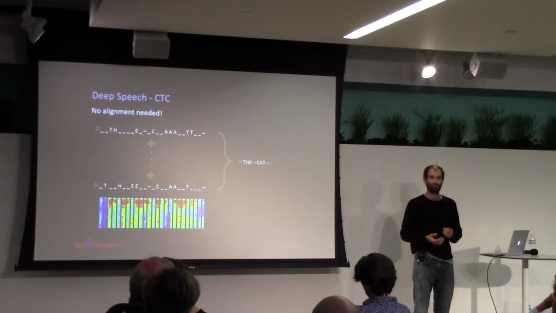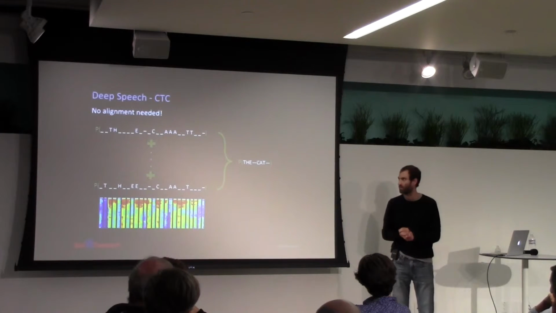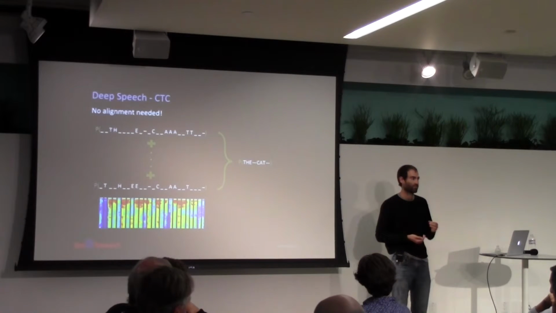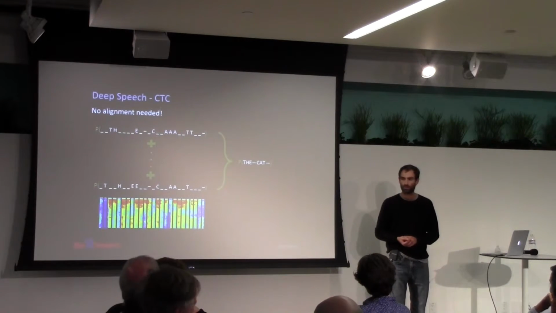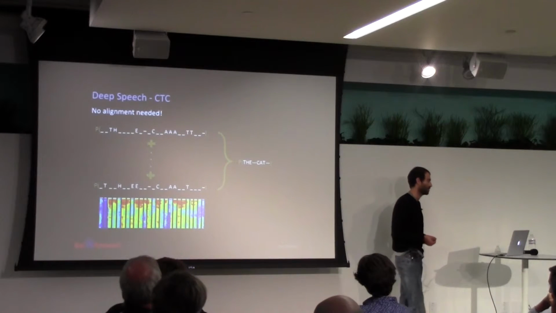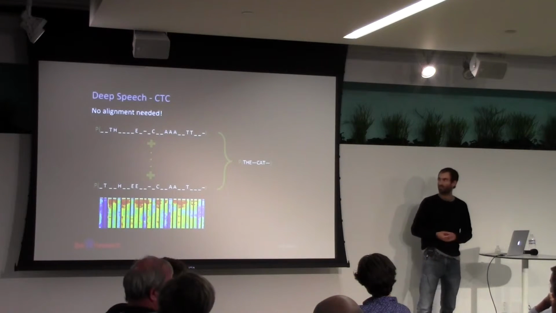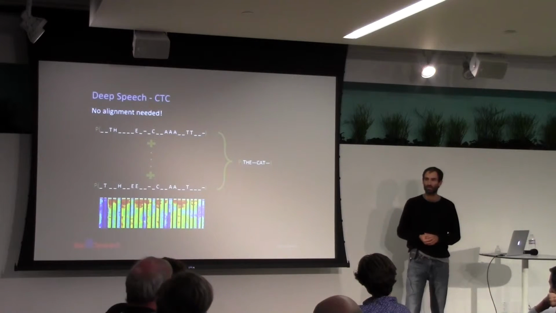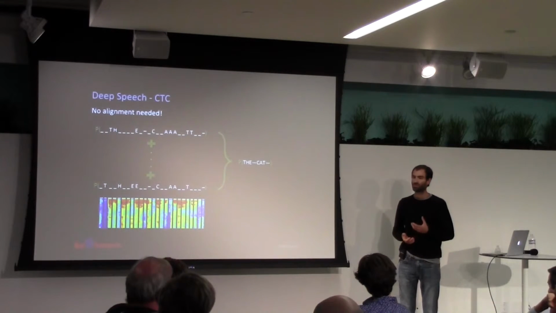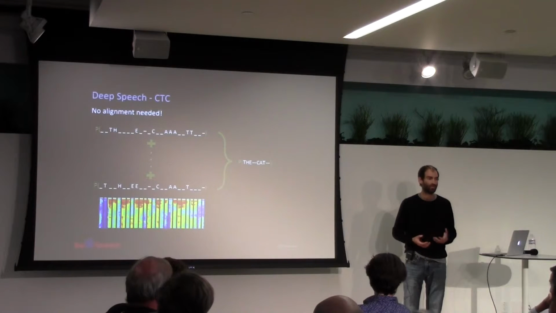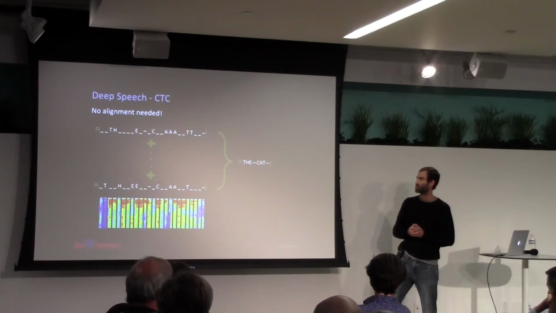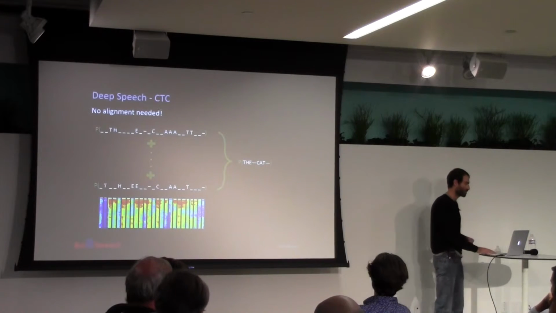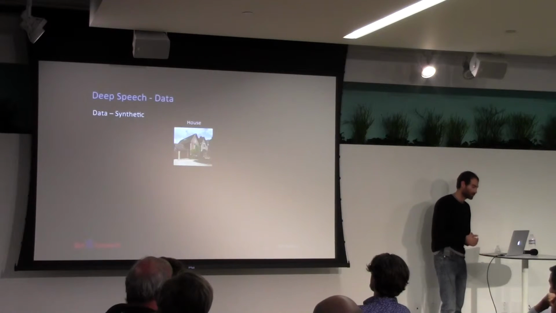It's basically a vanilla dynamic programming algorithm, which has a couple of modifications to account for the blanks and the repeats. So I won't go into the dynamic programming algorithm, but intuitively, what it's doing is delineating all possible alignments and letting us sum up over the score of all of those so that we integrate out the alignment and just give a score to the transcription cat. So that's how the model works.